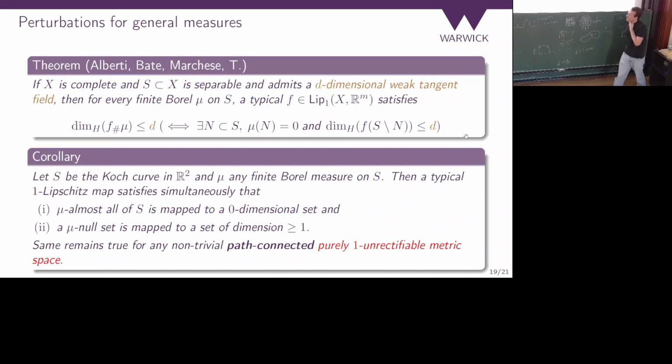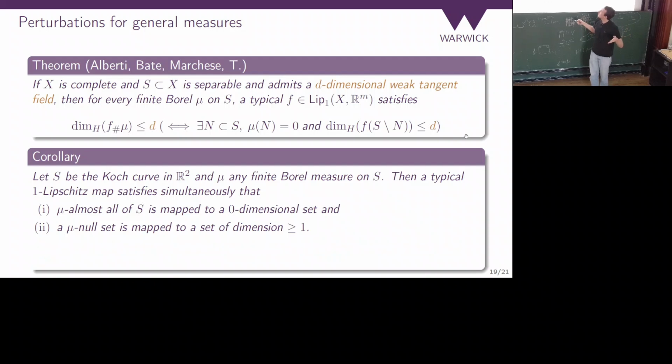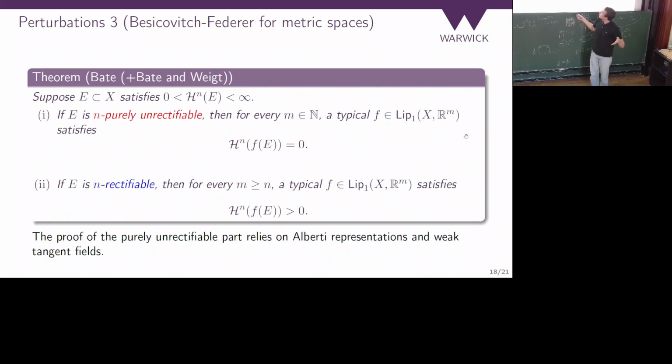Okay, so the reason this doesn't resolve either of the problems I was talking about before is that, of course, I do need to allow myself to forget null sets, otherwise I can't do anything. So the question from the previous theorem, if you want to remove the finite measure assumption, you can, but you can't work with sets, you then have to work with measures, right? So in this theorem, if you don't want to have this, then you have to replace H^n with something else. But of course, usually when H^n of E is not sigma finite, then E will naturally have a different measure on it, right? Natural measures are usually finite or sigma finite.